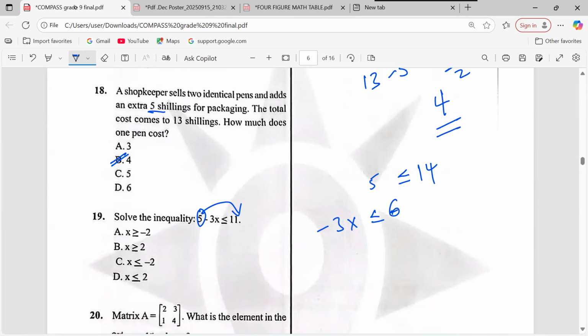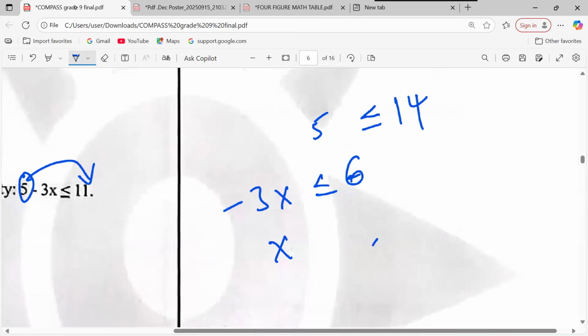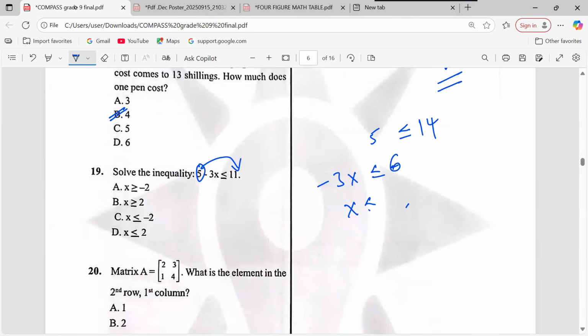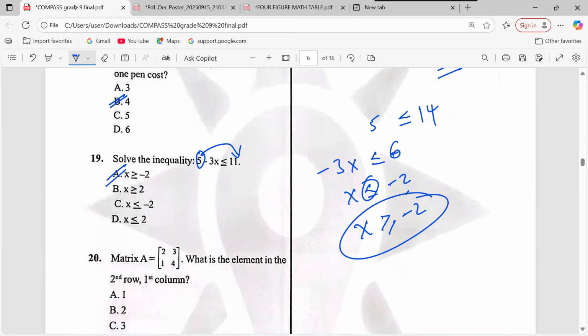Then we can divide by negative 3, which is negative 2. But now remember, we have divided by a negative, so x greater than or equal to -2. When you divide by a negative, the sign reverses. Therefore, A becomes